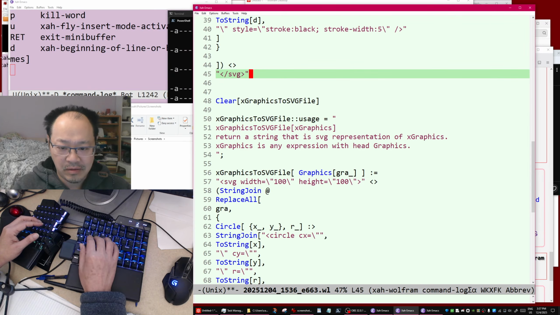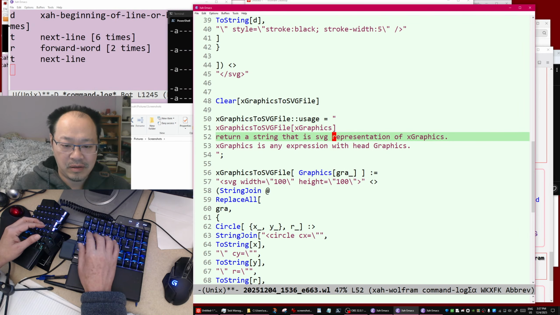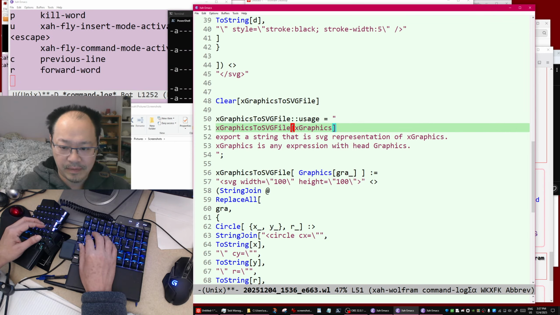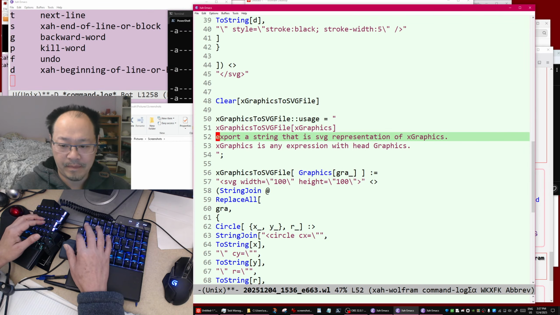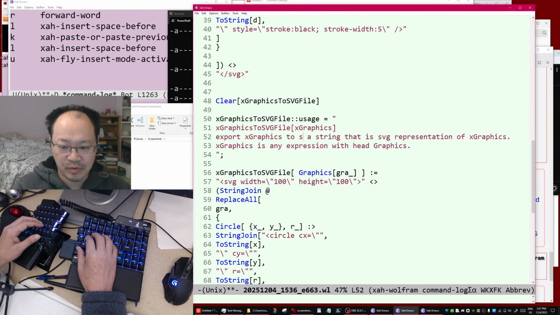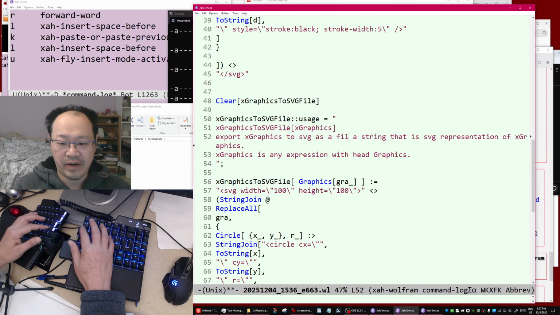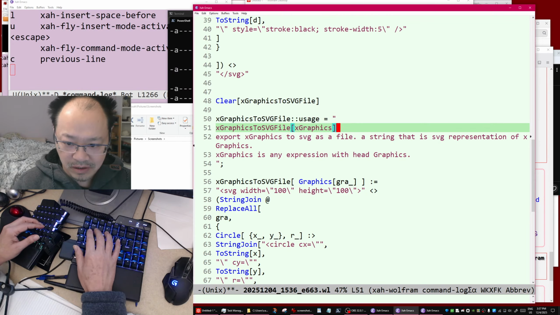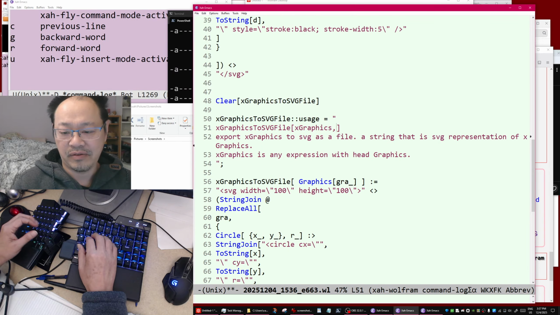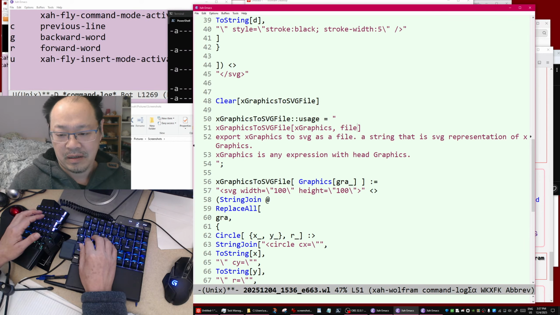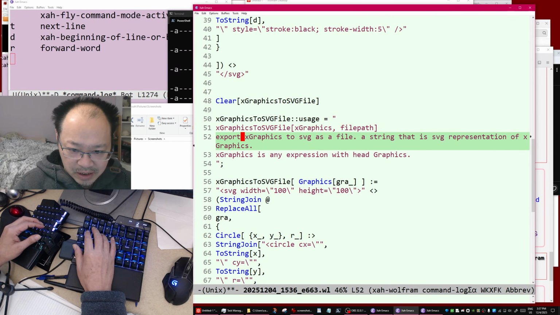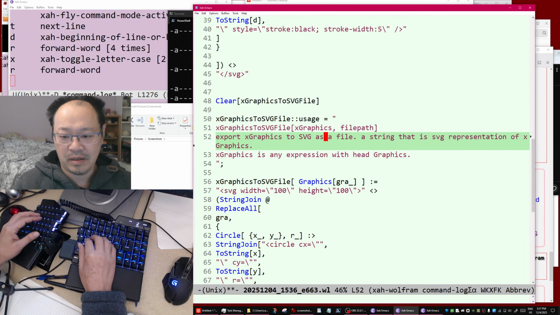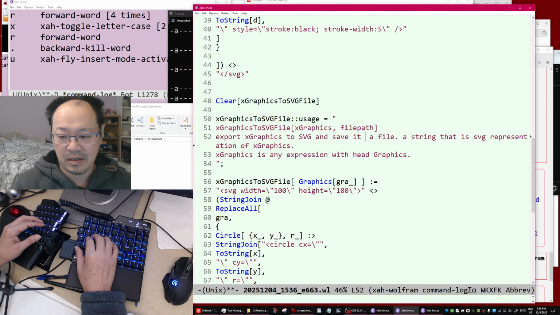Okay, now so documentation, export xgraphics to SVG as a file. Wait, now you need a file path. So the documentation is a graphics, then you need a file path. Okay, so export xgraphics to SVG and save it at